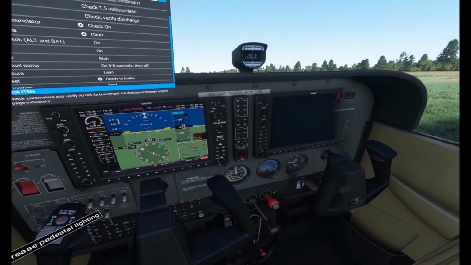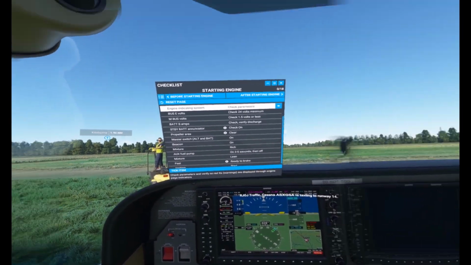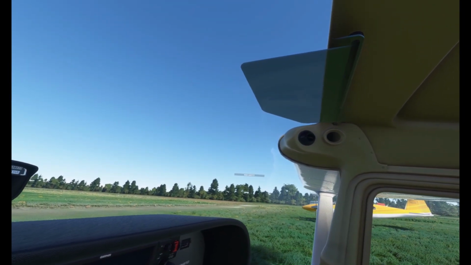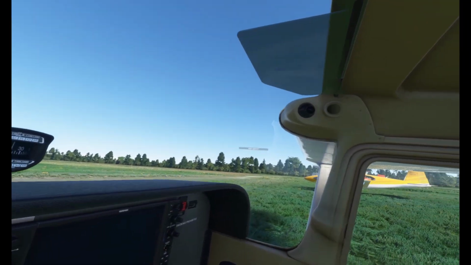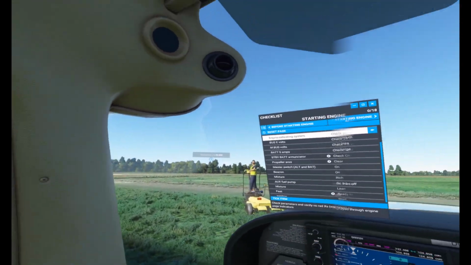Mixture, lean. So that's, I guess, Romeo Juliet Oscar Juliet traffic, Cessna Alpha Sierra X-ray Golf Sierra Alpha is taxiing to runway 14. I wonder if that's a player. Oh, is it that guy? Huh. Anyway, yeah, it shows you players that are really far away. Like those people, they're probably like 1,000,000 miles away. Anyway,